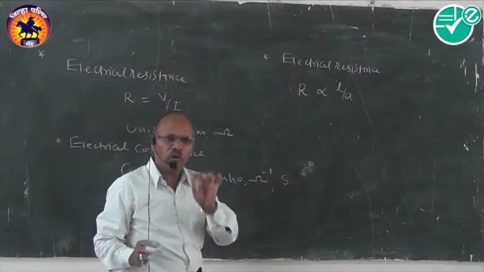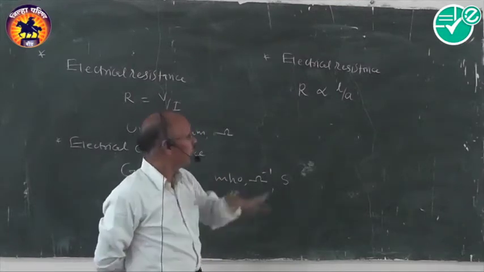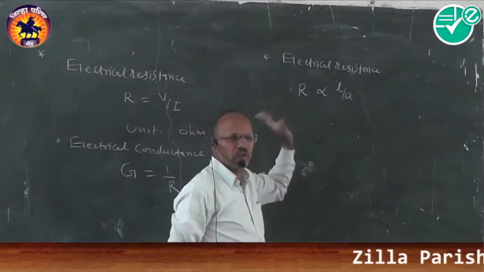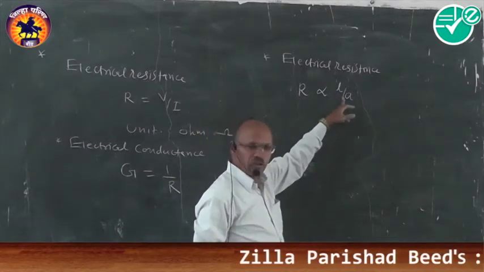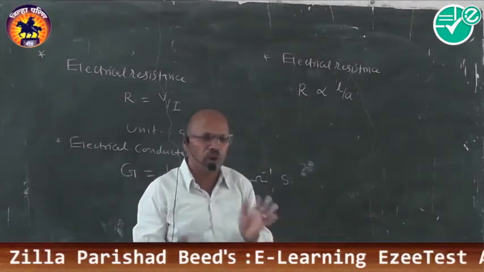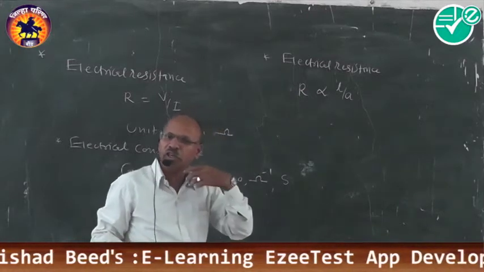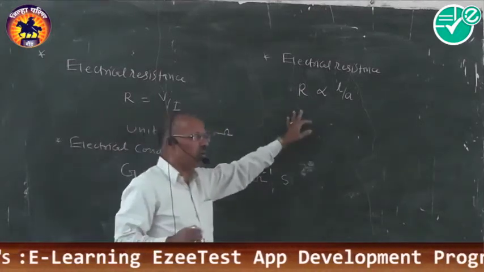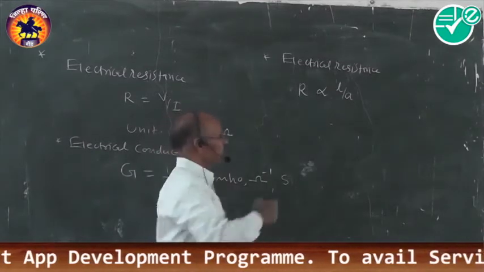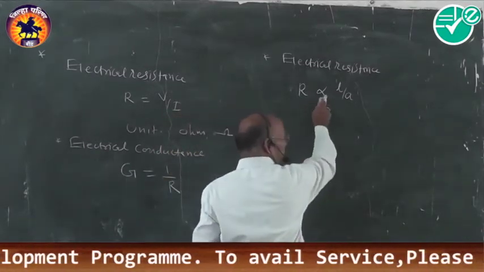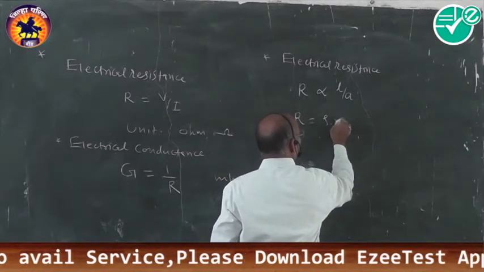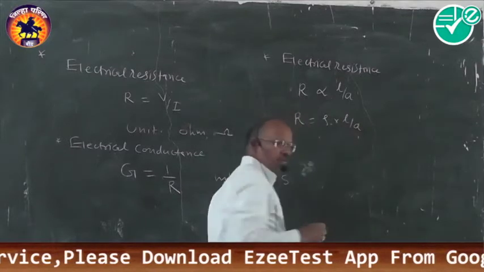So in this way, we have to take a clue in mind to remember this term in short like this. The resistance of a metal wire varies directly with the length and inversely with the area of cross section. Once you know this equation properly, then whatever the equation in the MCQ examination, you can interpret it very easily. There is no doubt, there is no confusion. Remember like this.